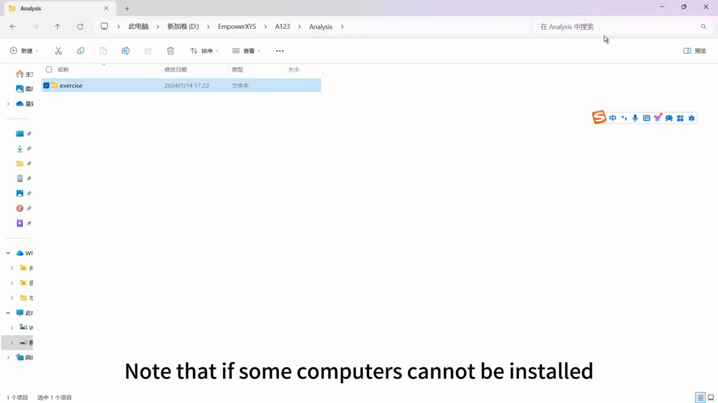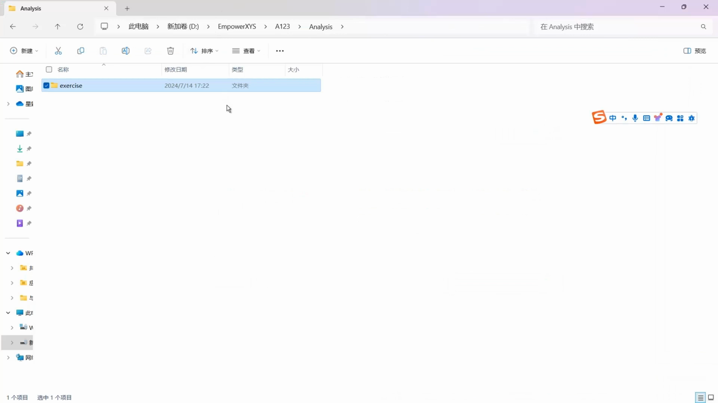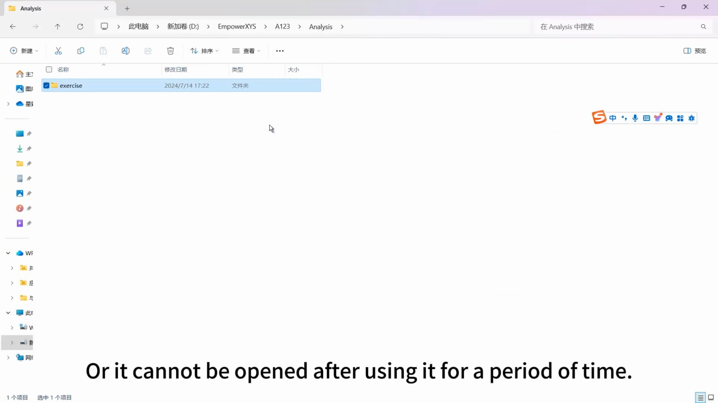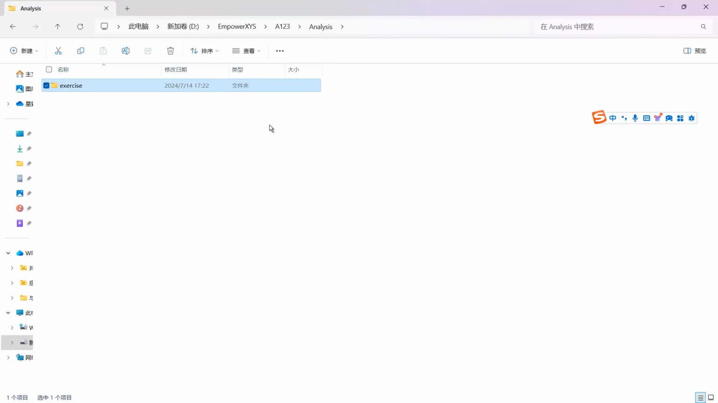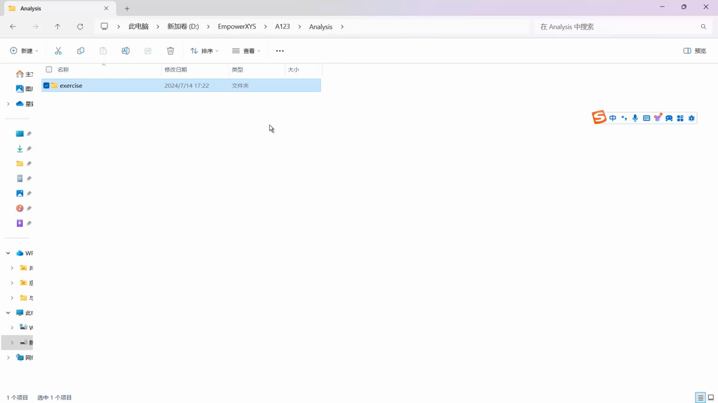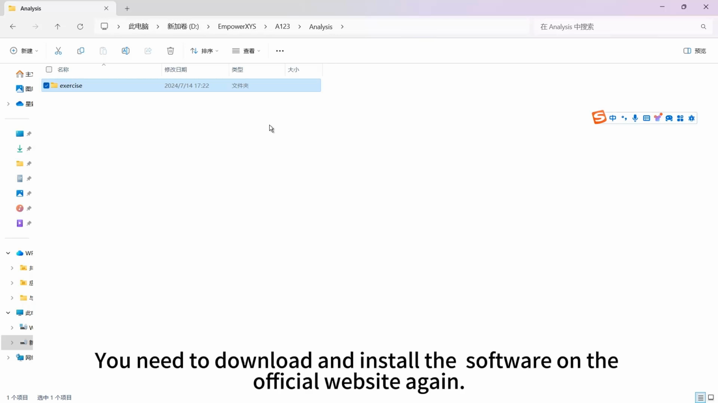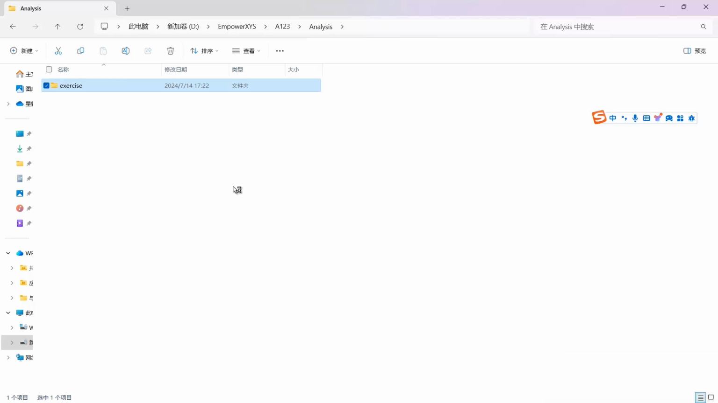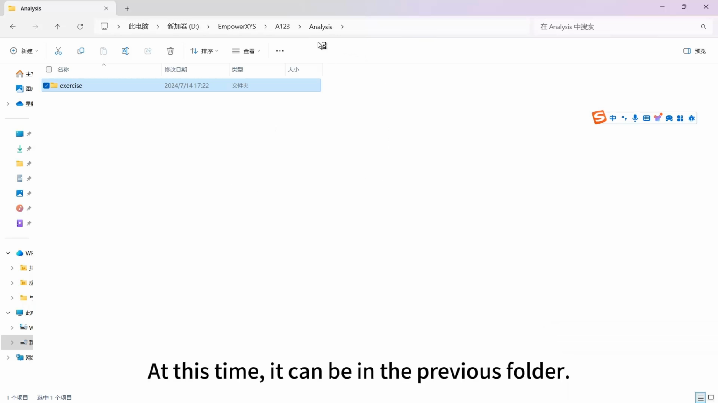Note that if some computers cannot install it, or it cannot be opened after using it for a period of time, it could be that antivirus software or a firewall deleted some system files by mistake. You need to download and install the software on the official website again. At this time, in the previous folder,